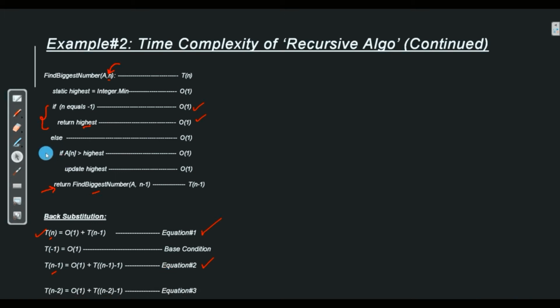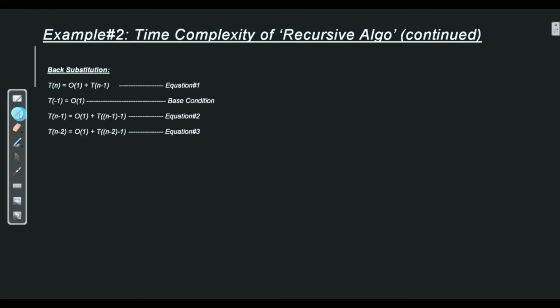Similarly, we have found equation 3 by substituting n minus 1 with n minus 2. So this gives us equation 3. Now we will use equations 1, 2, 3 and the base condition to find the value of T of n. So how do we do that?